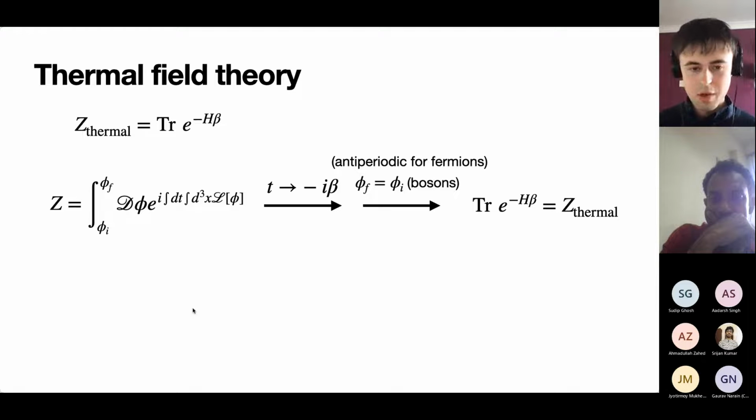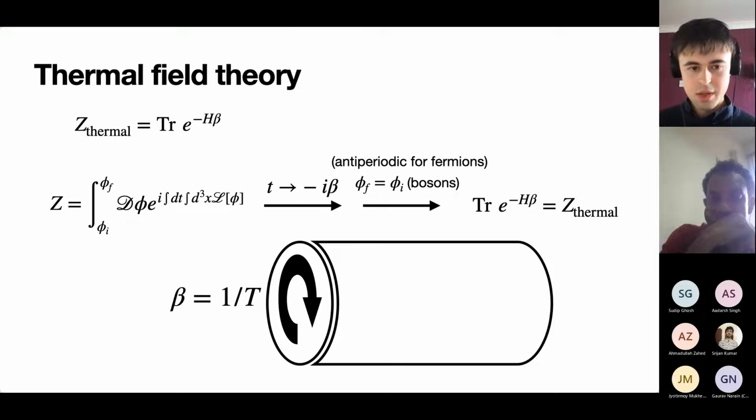I should also note, as it will be useful later, that if you follow the same procedure for fermions, then you have to impose anti-periodic boundary conditions. But the conclusion is that we can introduce a temperature into a field theory at equilibrium by taking our standard quantum field theory, Wick rotating, and then compactifying on this Euclidean time, where the compactification scale is inversely proportional to the temperature, and so we call that beta.